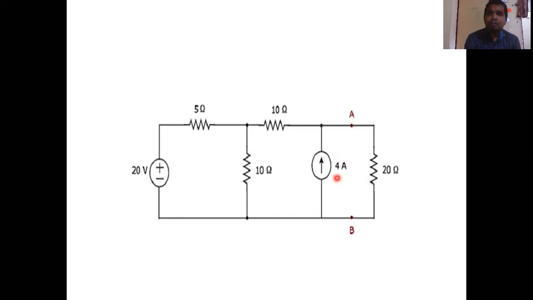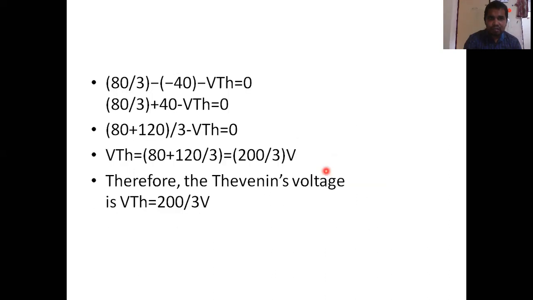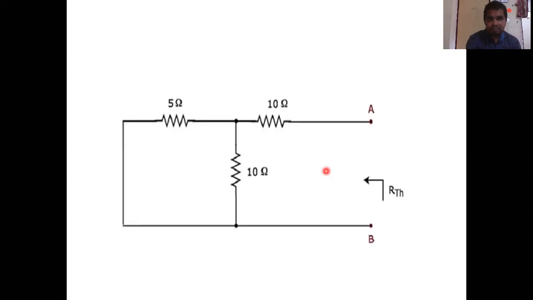So we have this current source and the voltage source. The voltage source should be short circuited, the current source should be open circuited. Already I told you, when you remove the voltage source, short circuit; current source, open circuit. So your new diagram for the equivalent resistance will be like this. Load removed, here RTH, the current source open, and here the voltage source short circuited.